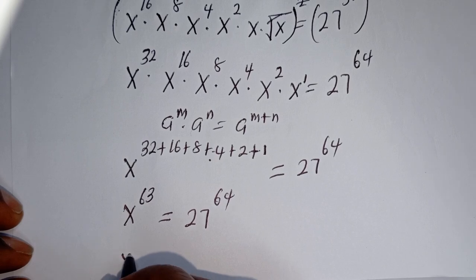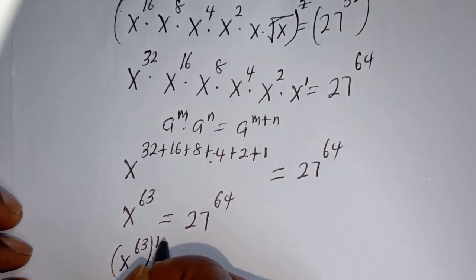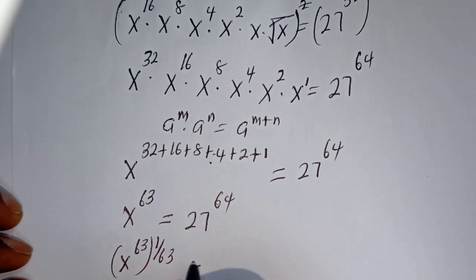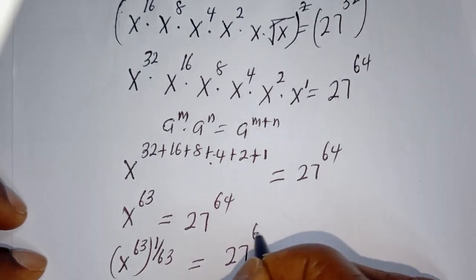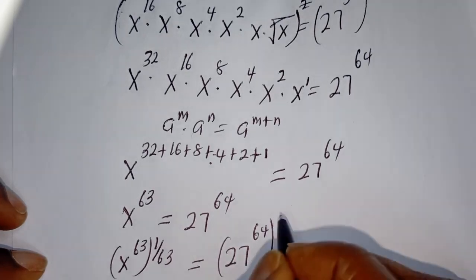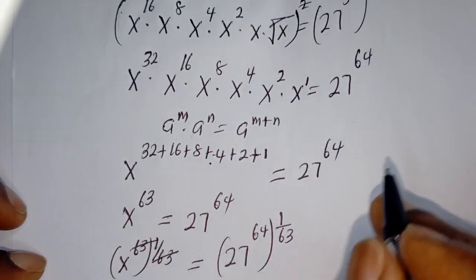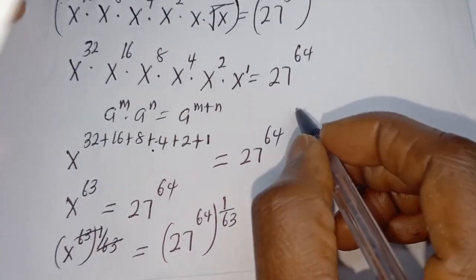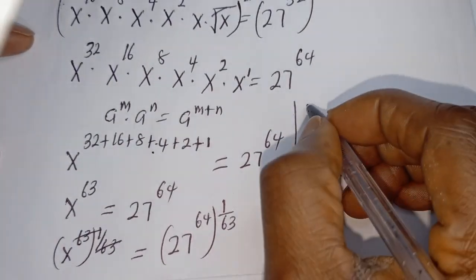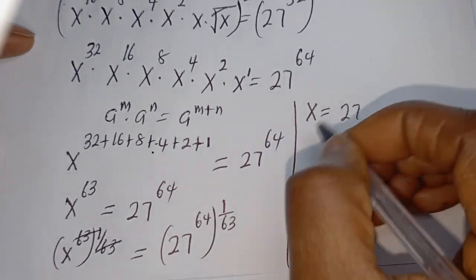This is s to the power of 63 to the power of 1 over 63 is equal to 27 to the power of 64 to the power of 1 over 63. This will cancel this. Then s is equal to 27 to the power of